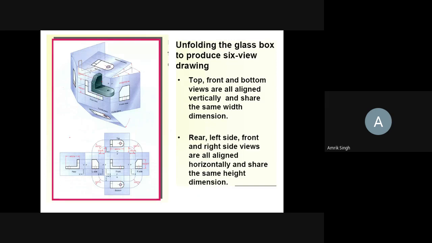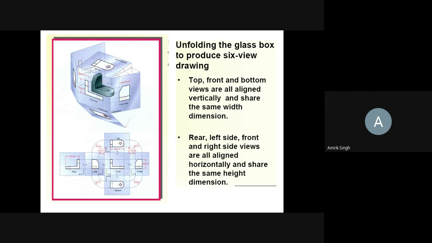It is the same thing if we open the glass here for this object. You see the front view will be like this, the top view would be like this, the bottom view would be like this, the right hand side view would be like this, and the left hand side view if you see from this side. You see the right hand side view and the left hand side view are both the same.